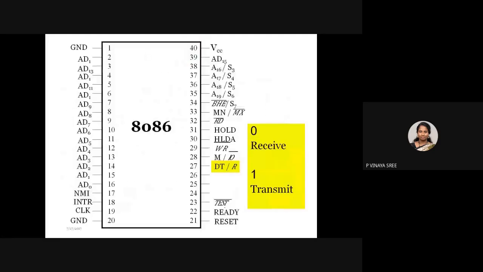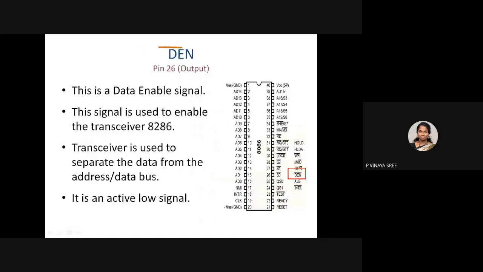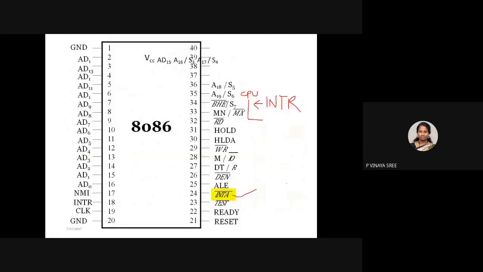So is it clear what INTA bar is? So where is this INTA? This one. Okay. So this is an interrupt acknowledgement given in which direction? Is it from external peripheral to processor or from processor to external peripheral? Is it from CPU to device or from device to CPU? Who will give the acknowledgement that I will provide the service?